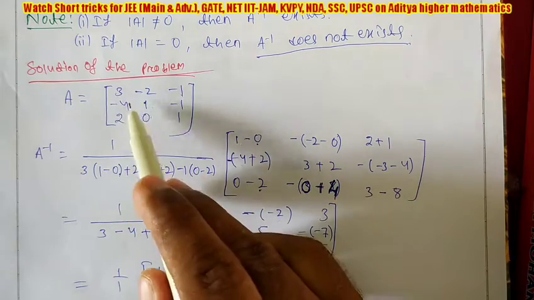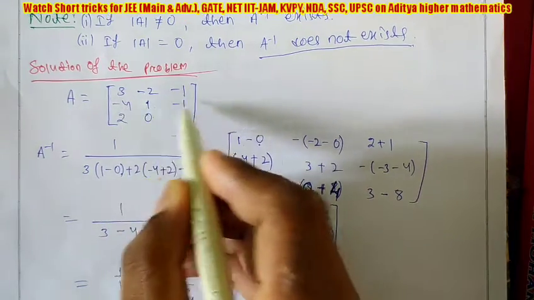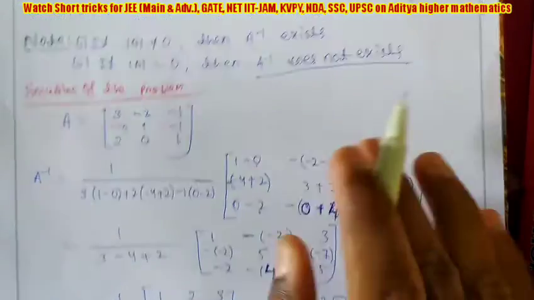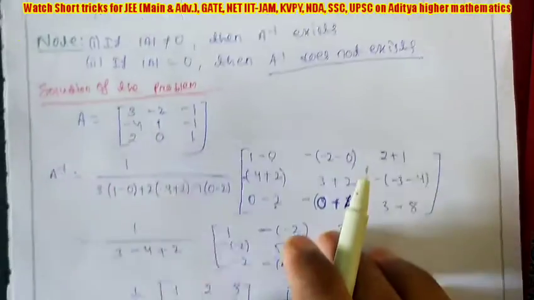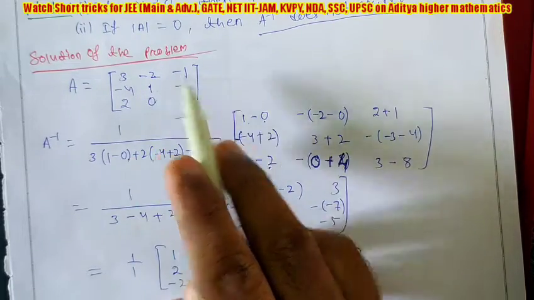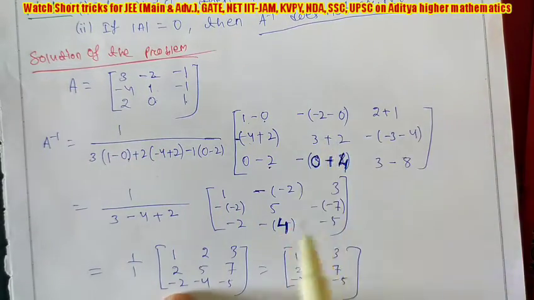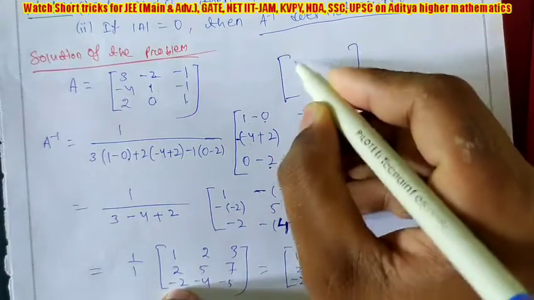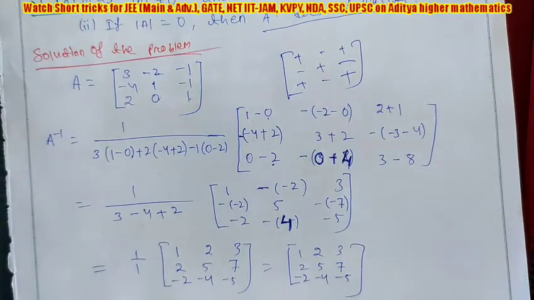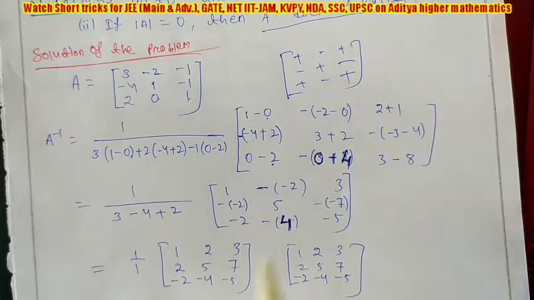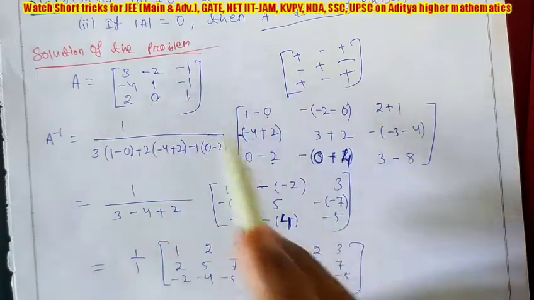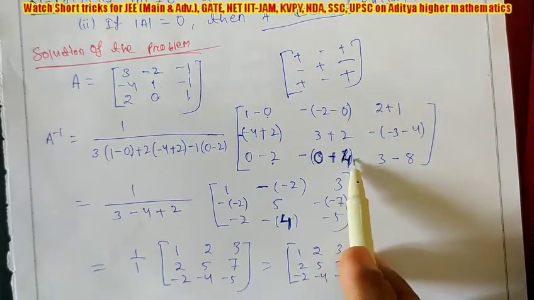Next, find for the second row. For minus 4, delete its row and column. Then what we will get? Minus 2 minus 1 0 1. Now multiply minus 2 minus 0, and its sign box is minus. Next, for 1, 3 minus, so 3 plus 2, and its sign is plus. Here again I am writing the sign box. The sign box is very, very important, otherwise you will get a wrong answer. Now the last element in the second row, 0 minus minus plus 4, but the sign is negative, so minus.